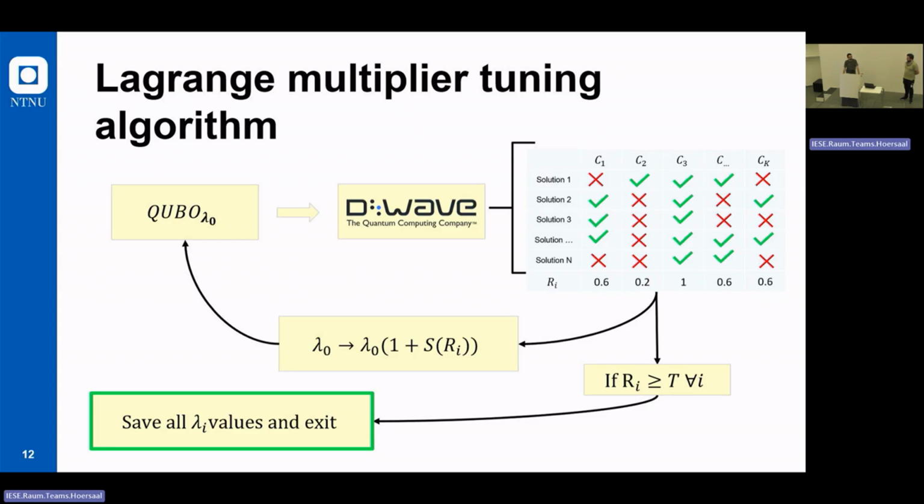I think this is something that probably would fit more with gate-based quantum computing. Because with quantum annealing, sometimes it's something that you can really tune